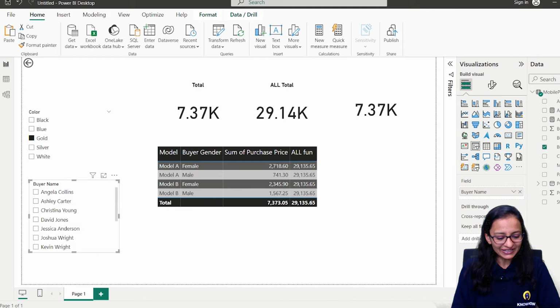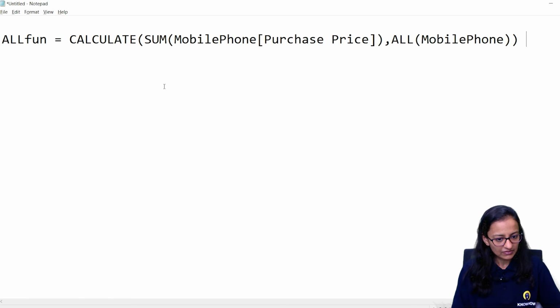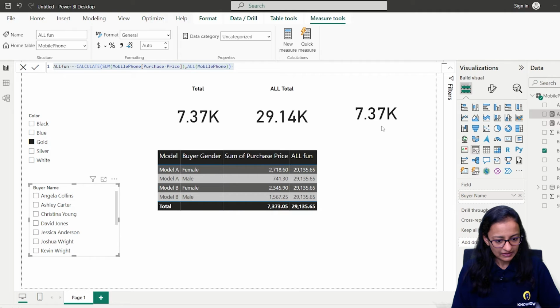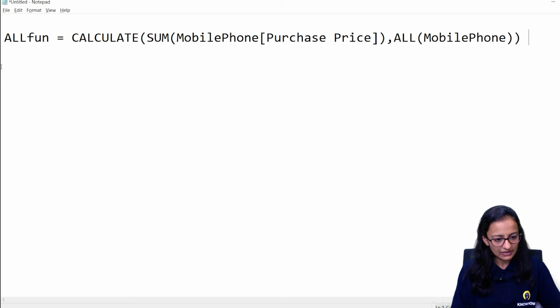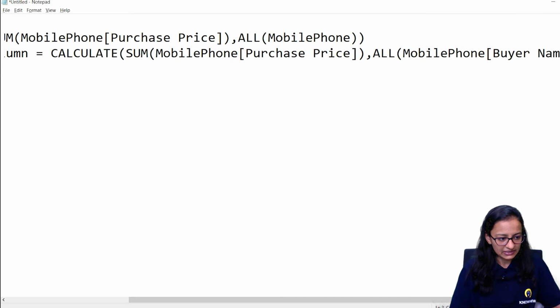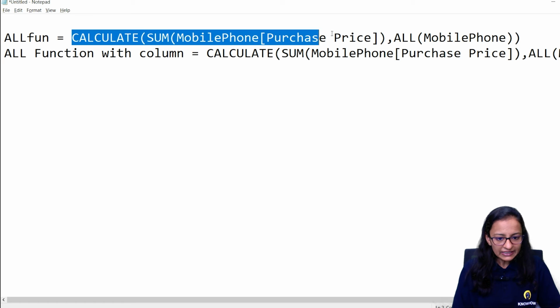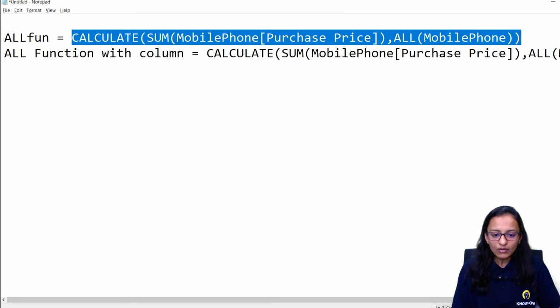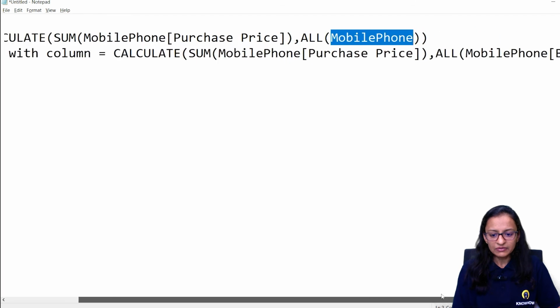So let me show you one difference on that. So see here, let me copy this and paste it inside Notepad, and let me copy this and paste it inside Notepad. Now let me explain. When you write like this, whatever or any number of filters you put on your Power BI screen, it will not work. But when you write like this,